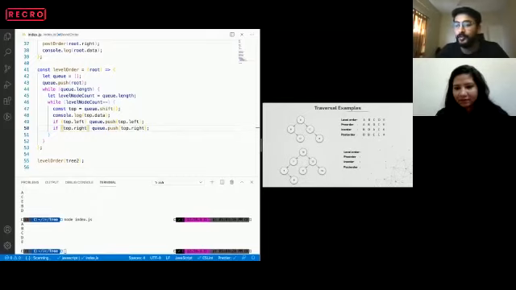Okay, so no, it's not O of n square. That is the beauty of this particular implementation. It looks like we are doing a nested while loop, but we are not going to n square time complexity.